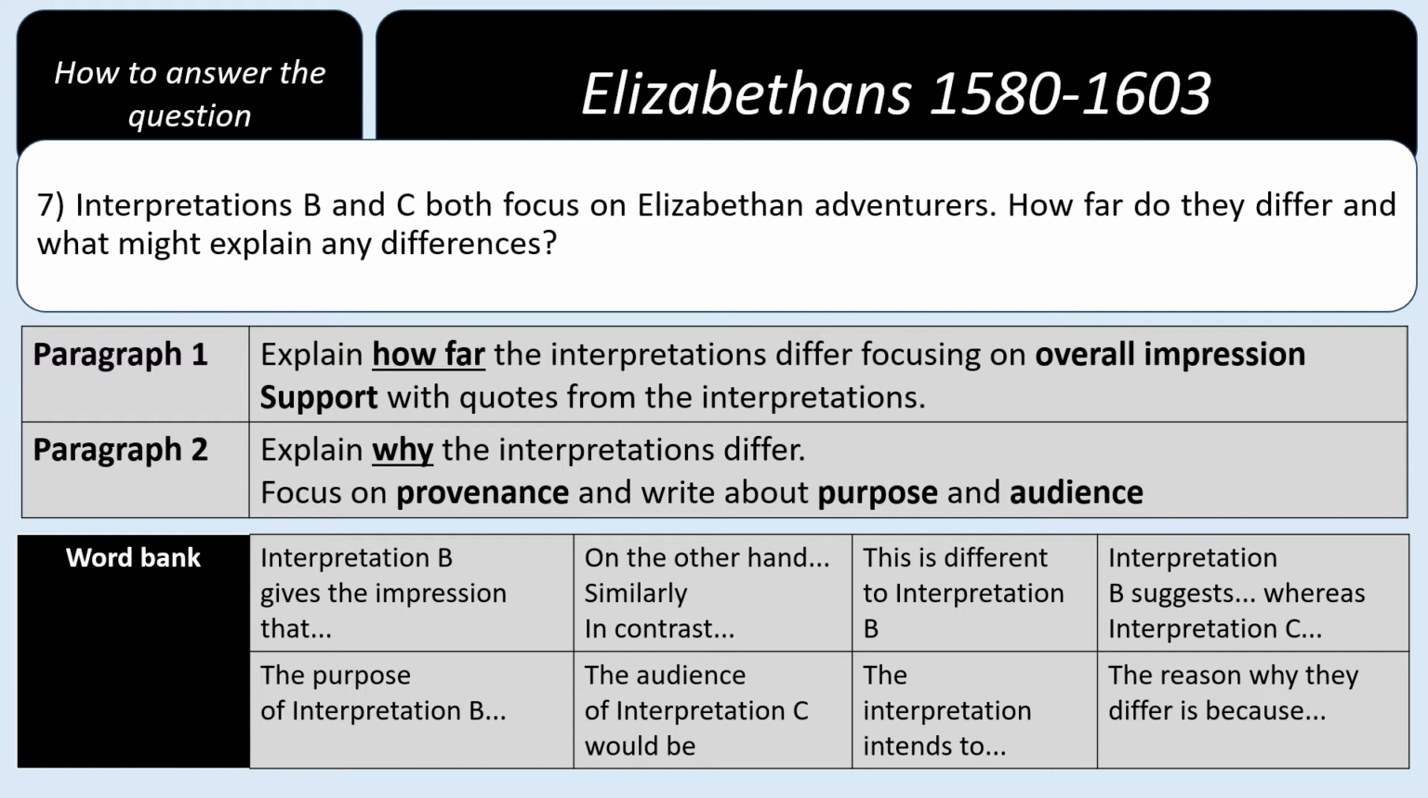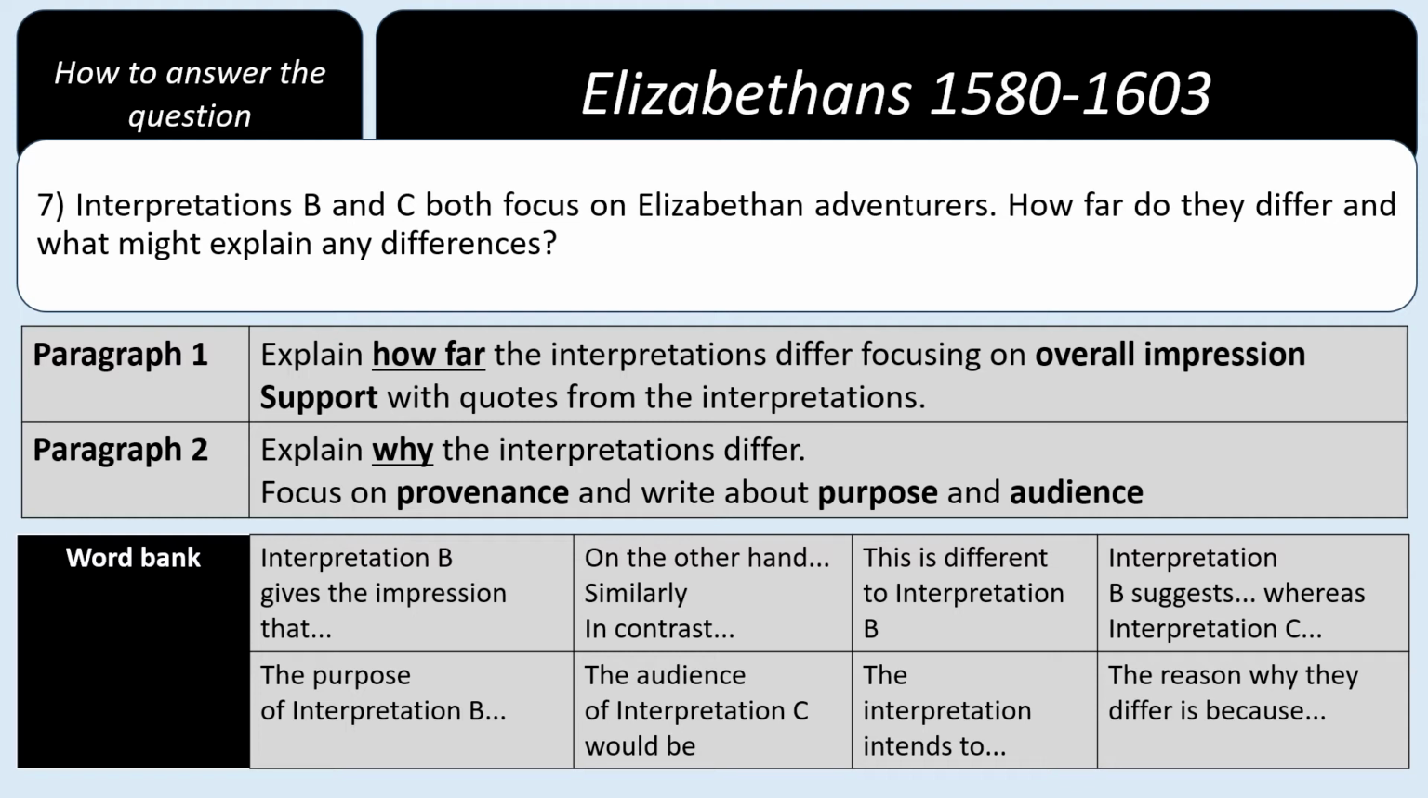Let's have a look at how to answer the question, how to structure the question. So you're going to want to have 2 paragraphs for this question. In the first paragraph, you're going to explain how far the interpretations differ. And you're going to focus on the overall impression that you get from each of the interpretations. Now, it is how far do they differ. So you are going to focus a lot on the differences, because there are quite a lot of differences. But again, if you can identify some similarities as well, that's absolutely fine. You need to support your ideas with quotes from the interpretation,